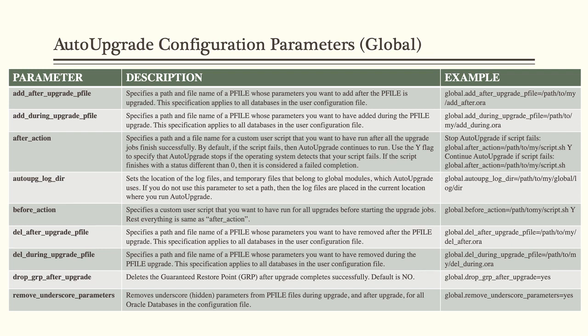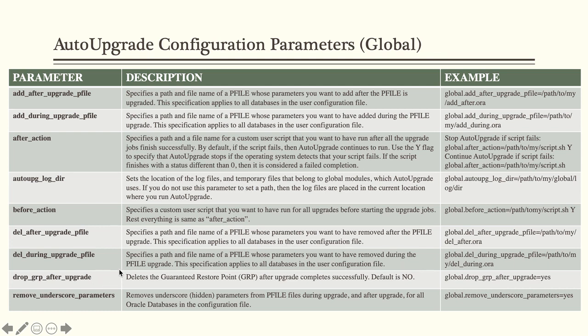And then what would you like to do with the GRP once the upgrade is successful? If you want to drop it, the default action is no. I would prefer to drop it anyway if the upgrade was successful. Why? Because GRP is overhead. GRP will keep on generating flashback logs until you drop the GRP, and GRPs are very rigid, meaning they are never removed from the control file because of their auto aging properties. They are never auto aged out of control files unless you drop them manually. Until you drop them, they will keep on generating flashback logs which might quickly fill up your FRA. Not a good sign. So I would generally say, at the end of the upgrade, please drop the guaranteed restore point.